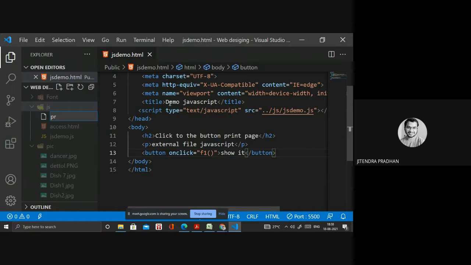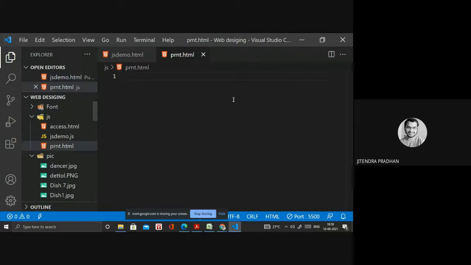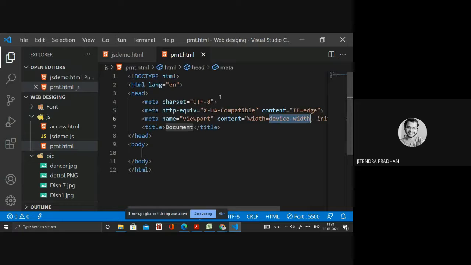Print element or print dot html. If I write inside that, it's like print element, print technique or output techniques.